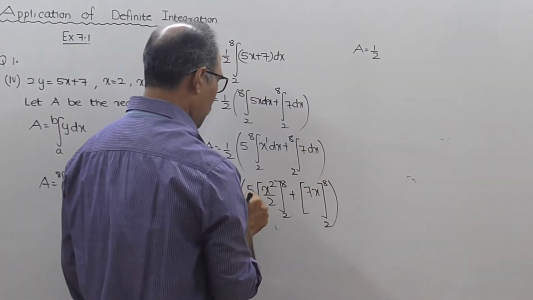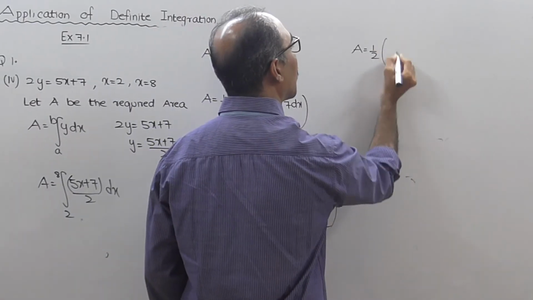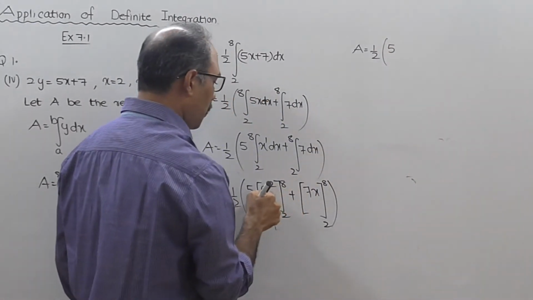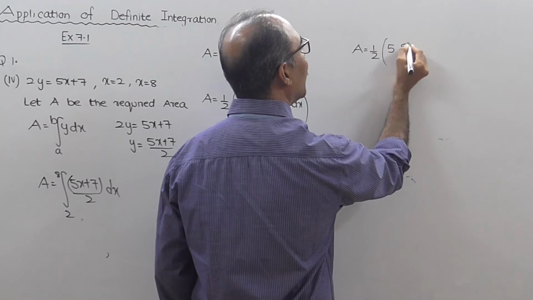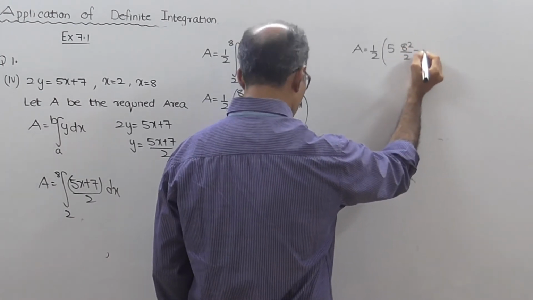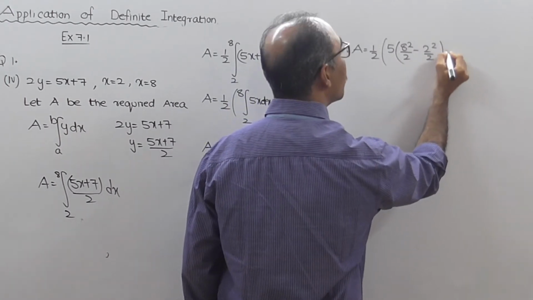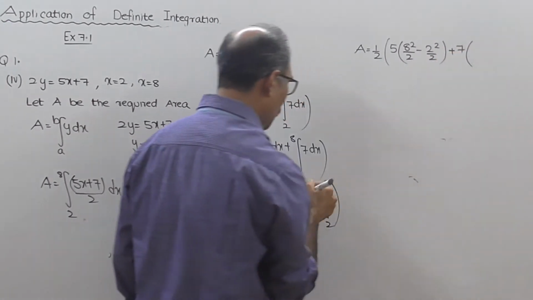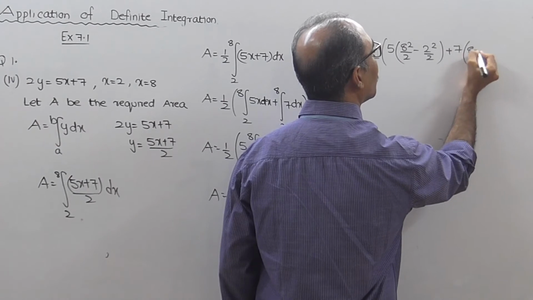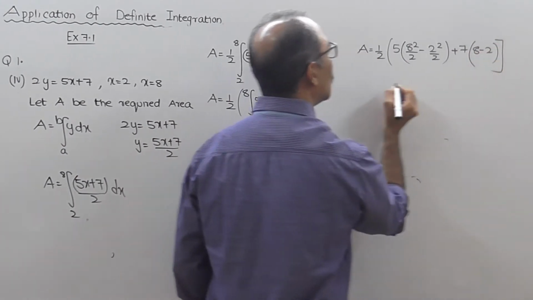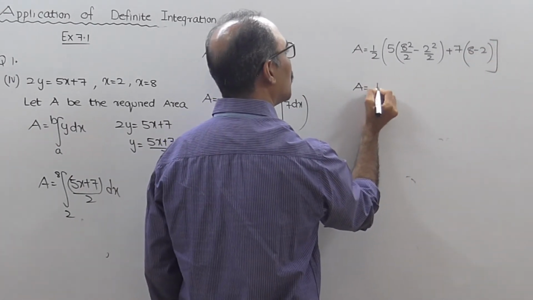Half bracket 5, put the upper value: 8 square upon 2 minus 2 square upon 2, plus 7, put the upper value 8 minus the lower value 2, so we get this as A equal to